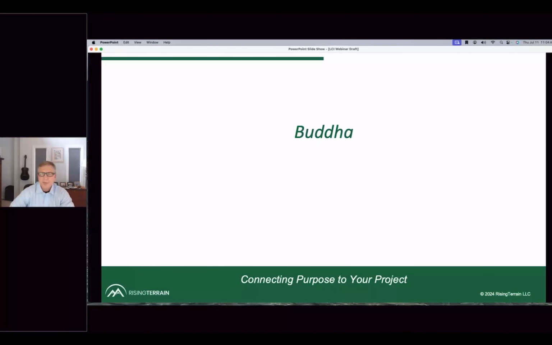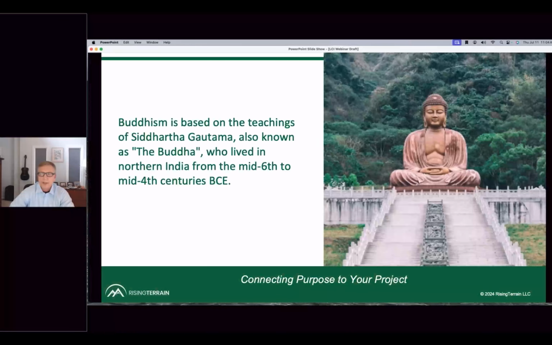They never used that term, but what we call lean in Toyota. And in Japan, Buddhism spread there. But starting with the idea of Buddha, some people refer to it as a religion, but really it's helpful in this context to think about it as a philosophy. And for those that are maybe a little bit unfamiliar,